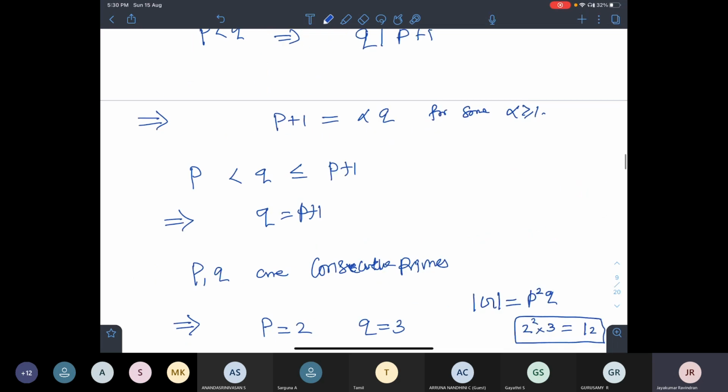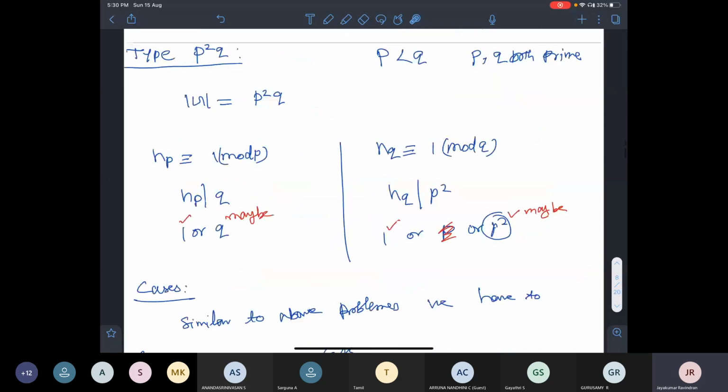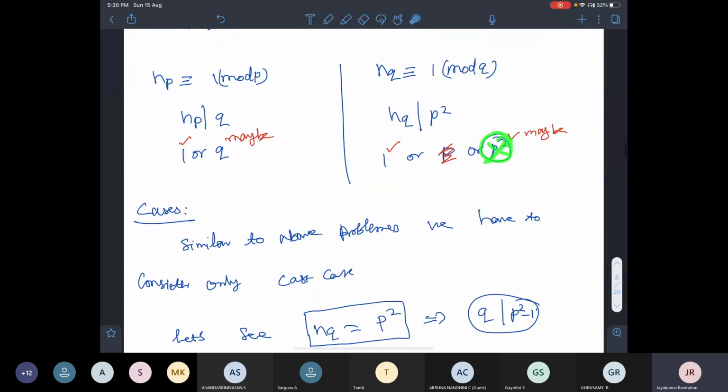I will repeat the argument slowly. This is one of the very important arguments. We dealt with the group of order 12, so forget about it; we know that is not simple. Apart from 12, suppose somebody gives you p square q, then you argue like this. After getting the possibility, p square may be possible. If p square is not possible, then we are done, because there is only one unique p cube.